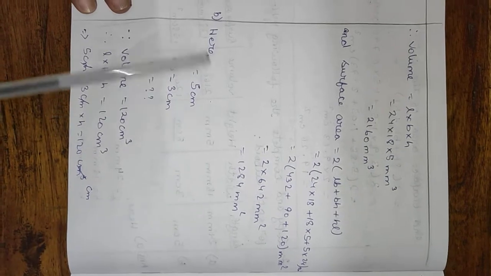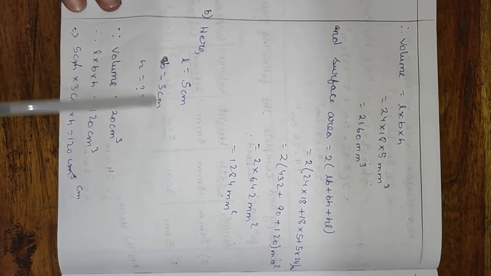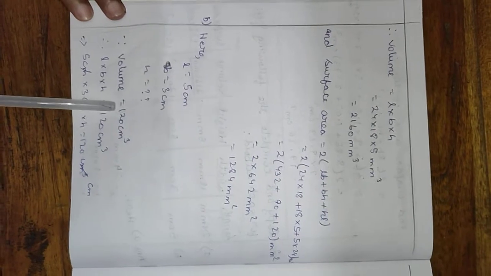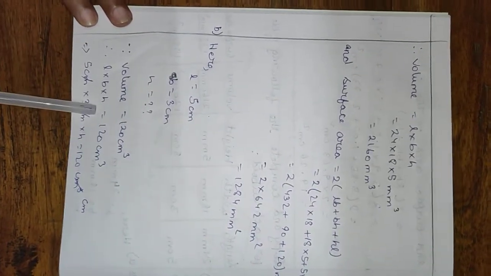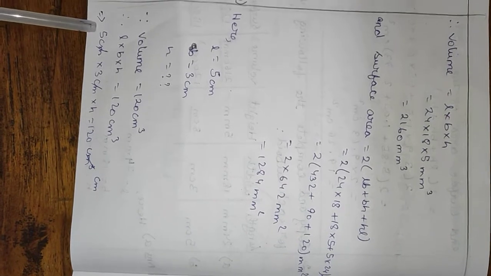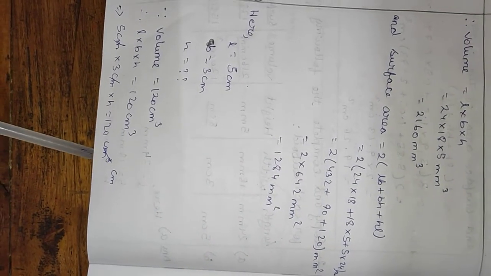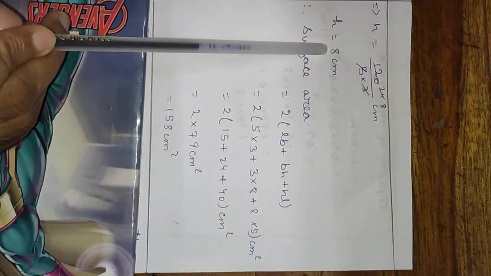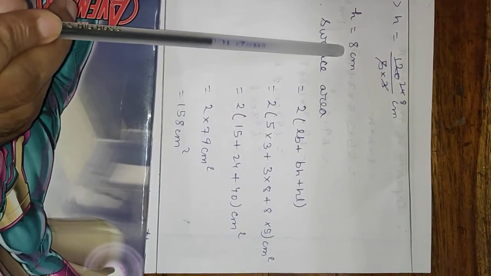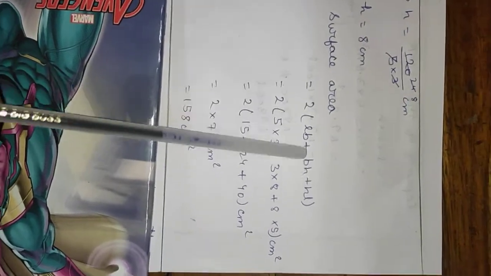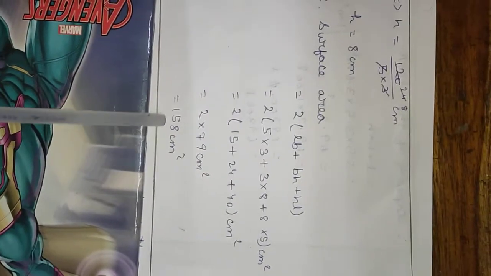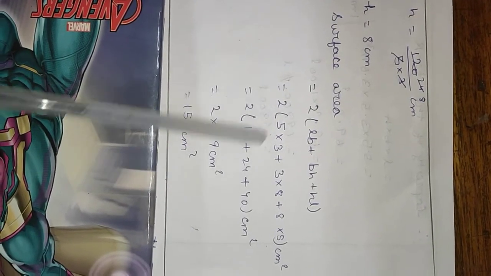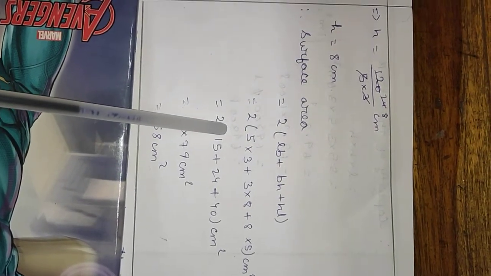Now question number B, length is given, breadth is given, height is missing. Since volume is given 120 centimeter cube, L into B into H equal to this. L is 5 centimeter, B is 3 centimeter, into height equal to this. Centimeter, centimeter, centimeter cube cancel off. Then the number you can send to that side. H is equal to 8 centimeter. This H was blank in the fill in the blanks, so you should fill it. Then surface area you have to calculate 2 into (LB plus BH plus HL), results 158 centimeter square. So all the results will be filled in their blank places.